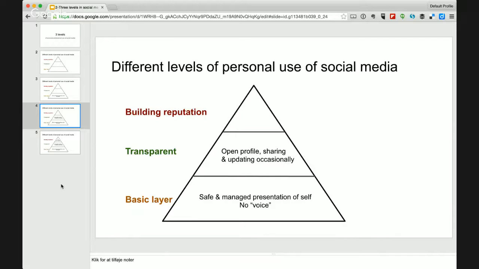But in this level, there's no real sort of plan behind it. You're just moving along, slowly building your reputation as yourself in the digital layer in a safe and managed manner. And people who look up your profiles can get a taste of what you are currently working on. This is, I think, a very useful place for you to be as students. And the final layer, building reputation,